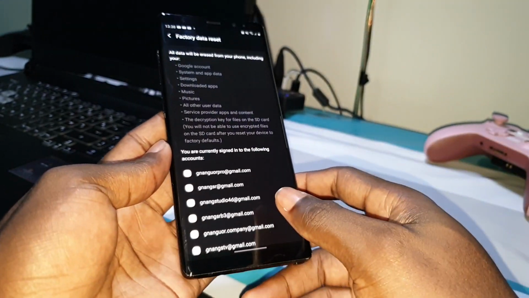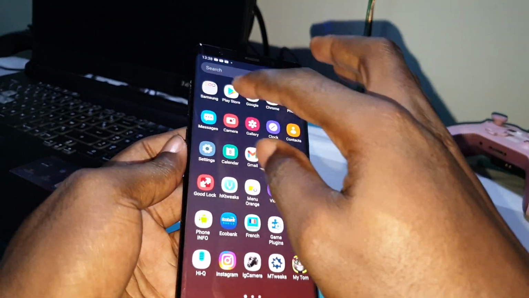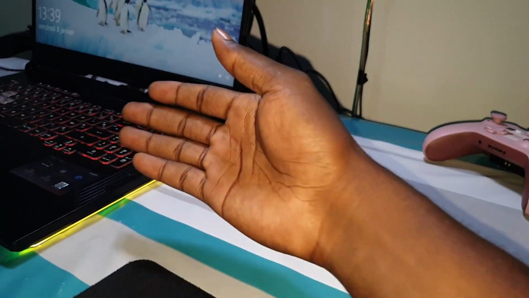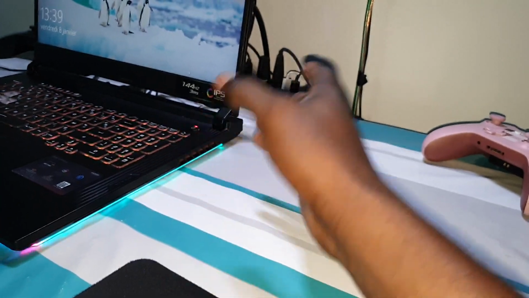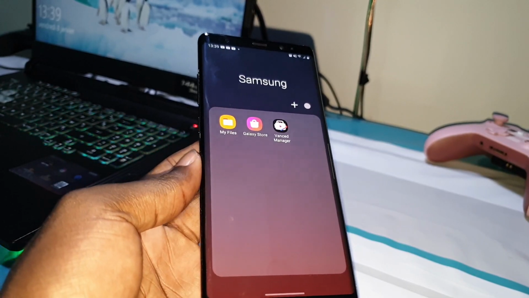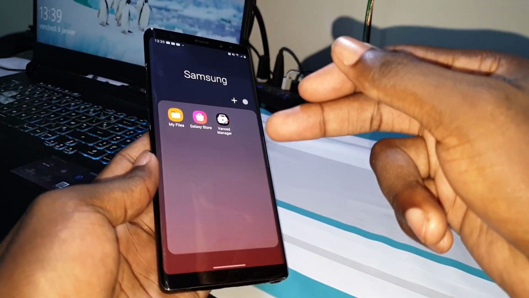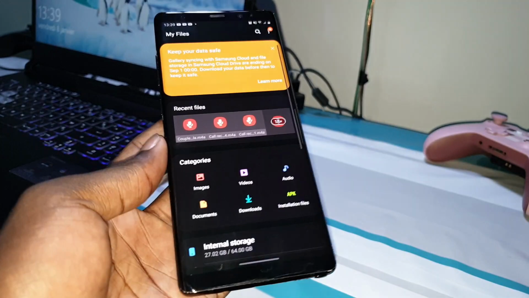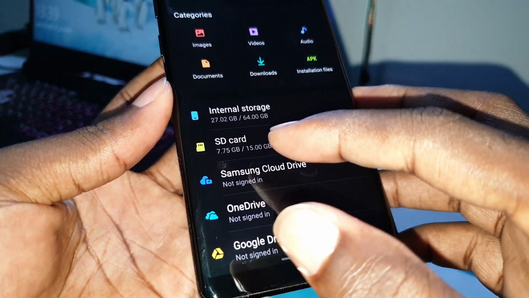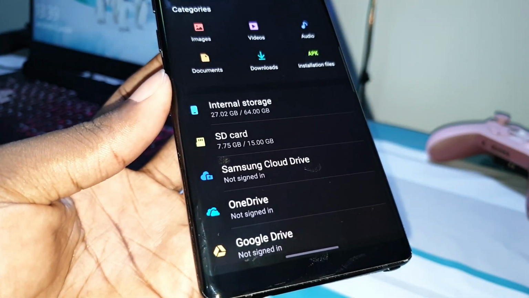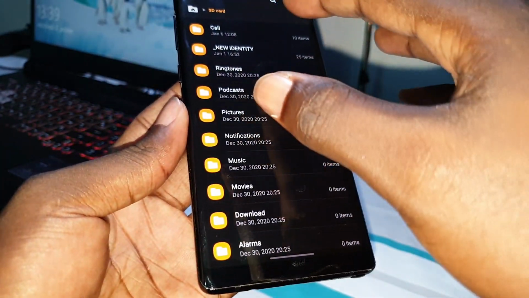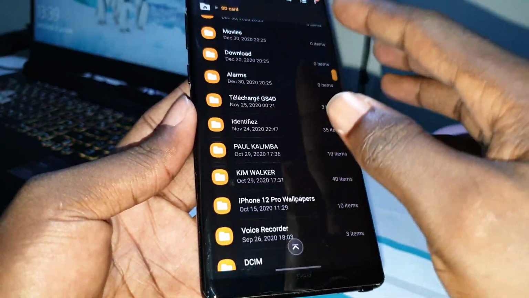You just need to save your data on other devices like a computer. Save your photos and data if you want to factory data reset, because the internal storage will be erased. As you can see, I have 64 gigabytes in the internal storage and 16 gigabytes in my SD card. I can save my data here and do what I want.